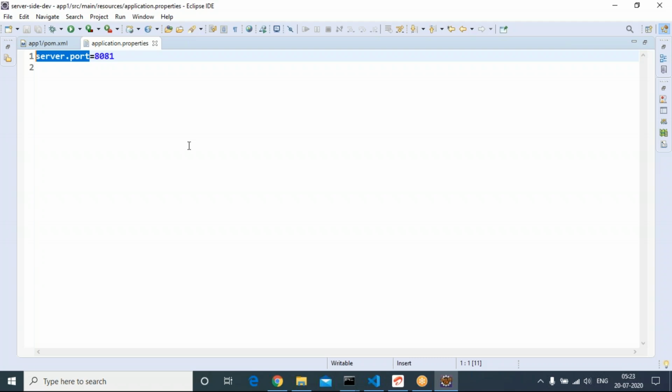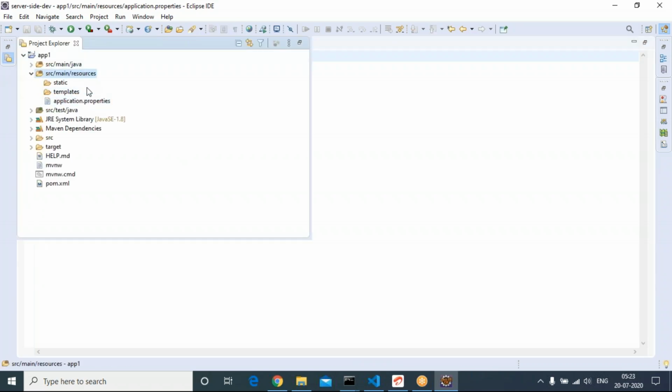Any application specific configuration we will be doing in the application.properties. It is available in the resources folder. This is the default file. You can keep using this file. You don't need to configure this file in the application. This file is already configured in the application. Straight away you can make use of this file.